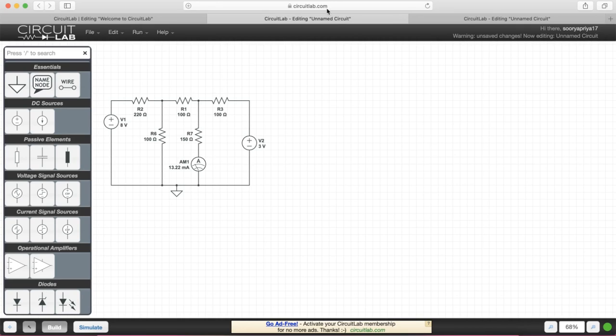I had used circuitlab.com in the browser window, and I had built up the circuit according to the diagram, or according to the experiment what we have done practically. Here I have connected 5 resistors, and the values have been marked here, and I have kept one voltage as 8 and the other one as 3. So this is your original circuit, and the original current measured is 13.22 milliamps, whereas in my practical experiment I